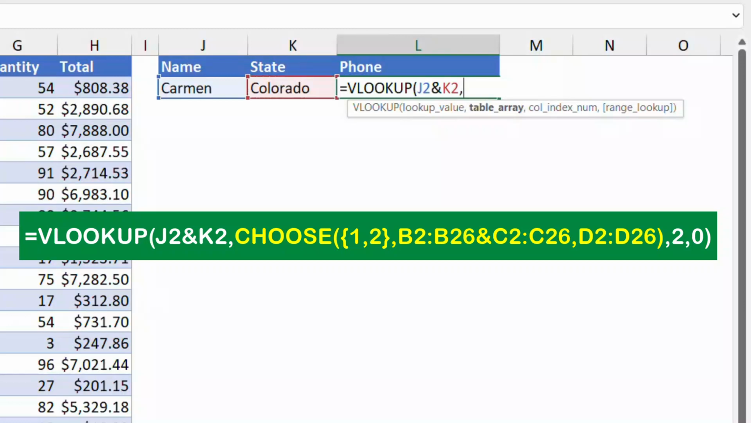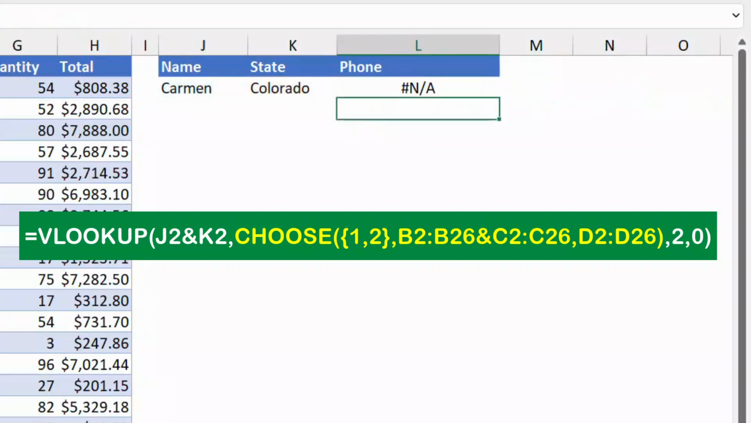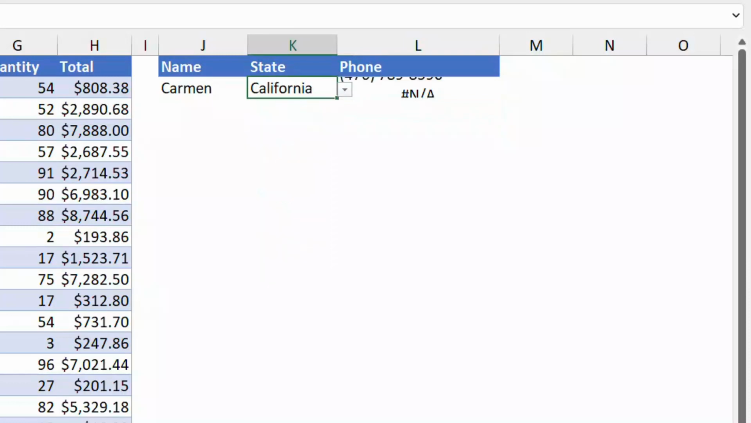What's your table array? All the choose function that I created, and then I type a comma. I want from the second column, then I type comma 2, comma 0 for exact match, and then I hit enter. The combination of Carmen and Colorado is not a valid combination, so if I try another option, California, I